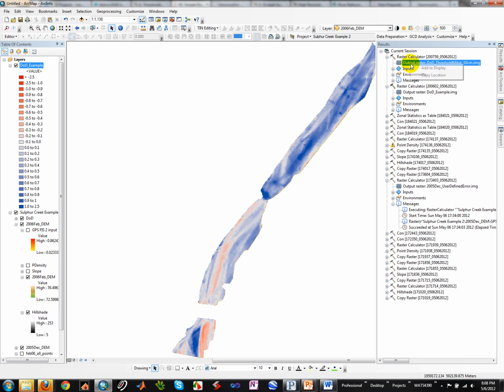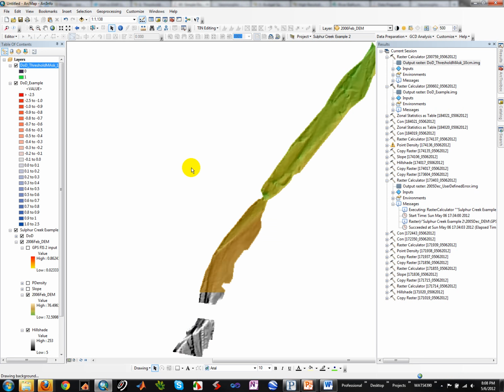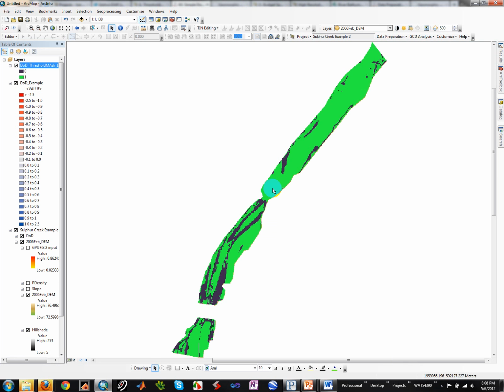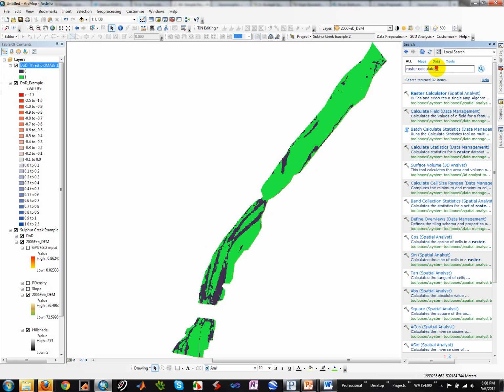So I'll turn that back on, add to the display. And so basically the zeros are the areas that would be thresholded out, and the ones are the areas that we would keep. And so if I run a reclassify on this,